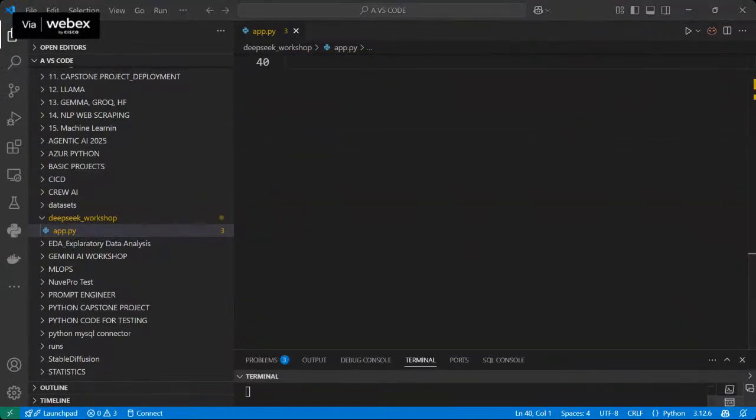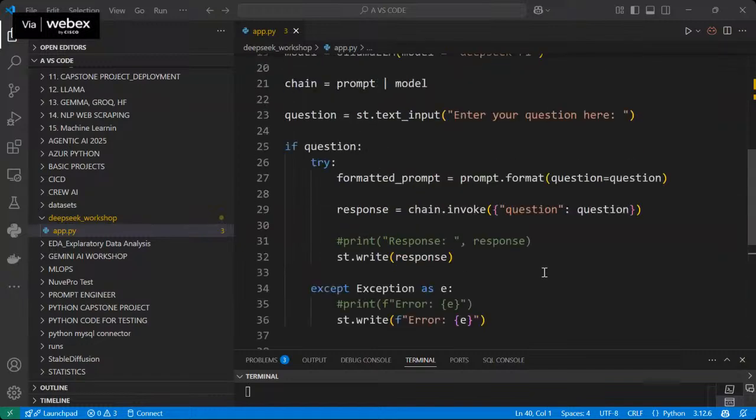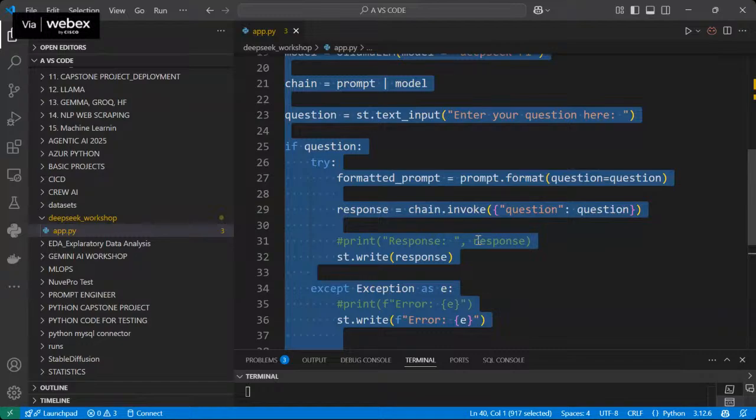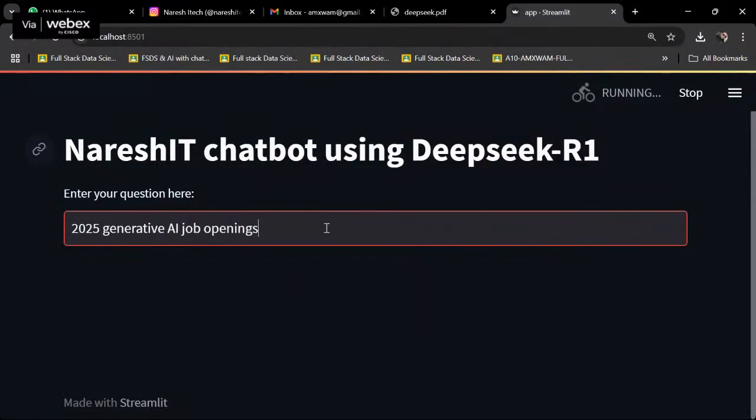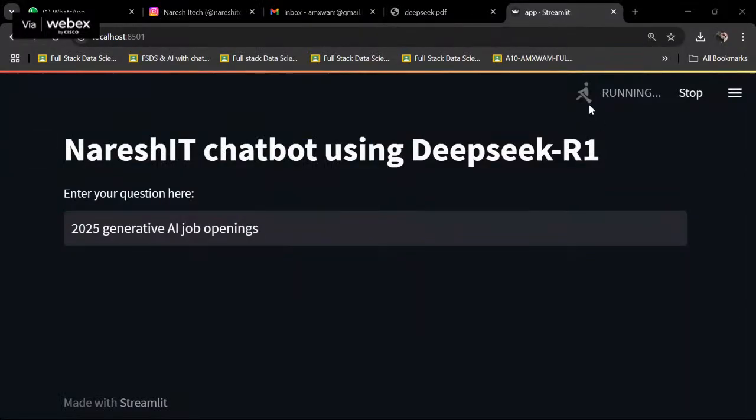How many of them understand today's session, guys? Let me save it first. Copy, clear, very good. Okay, see, do you see cycle is running? It'll take some time.